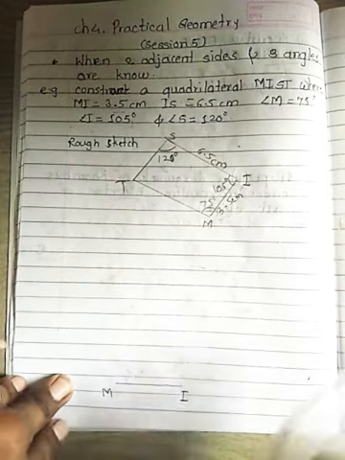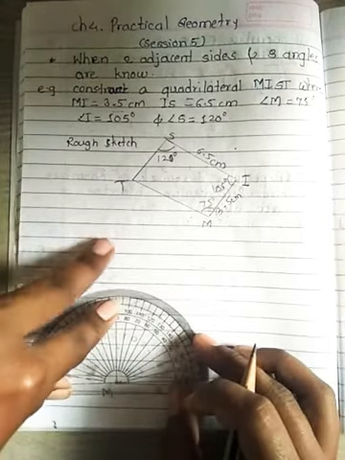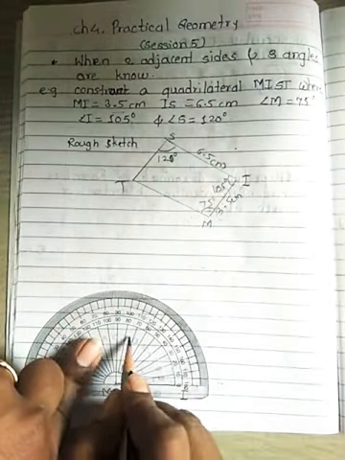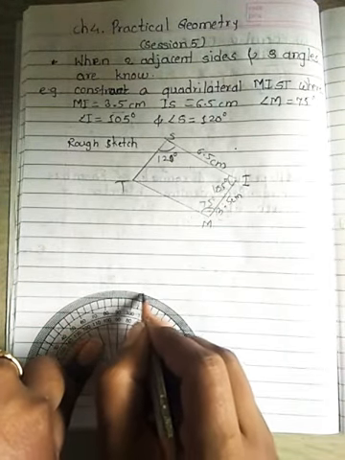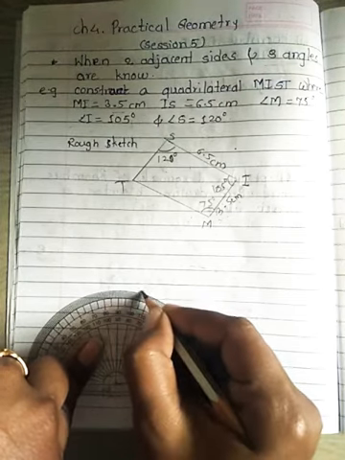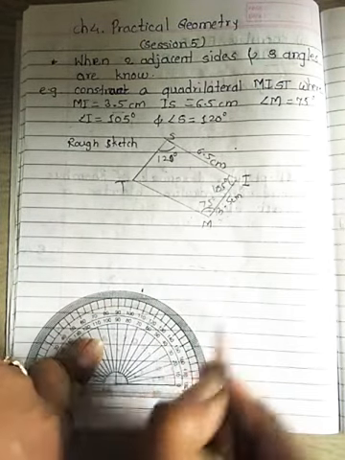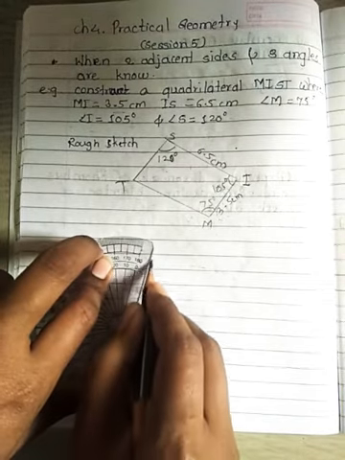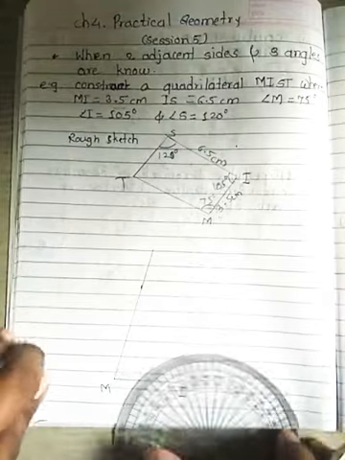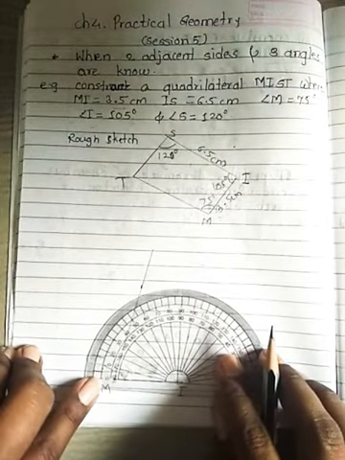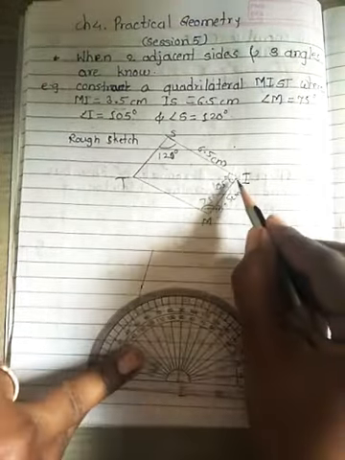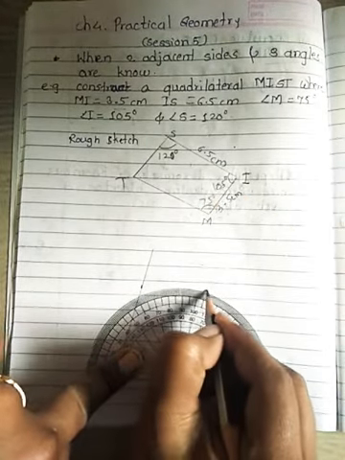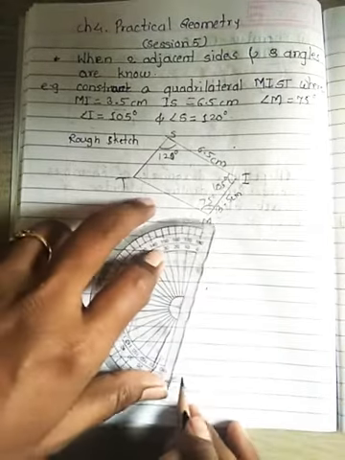Now take the protractor, keep the protractor point on point M. Okay, see, M is 75. 75 means less than 90. So 70 and this one is 75, in between 80 and 70. Inner measurements. Join. Then next, keep the protractor on point I. See, on I it is 105. 105 means greater than 90, 100 and in between 110, 105. Then join.